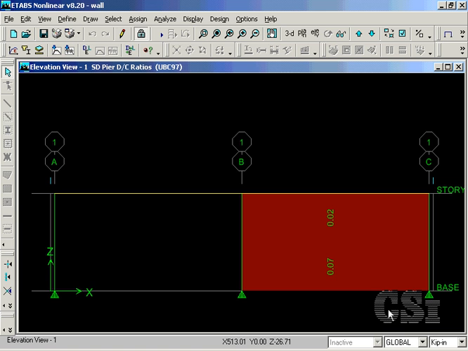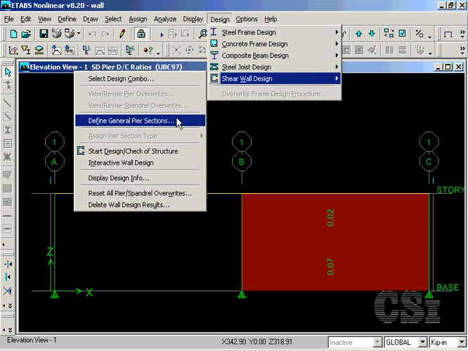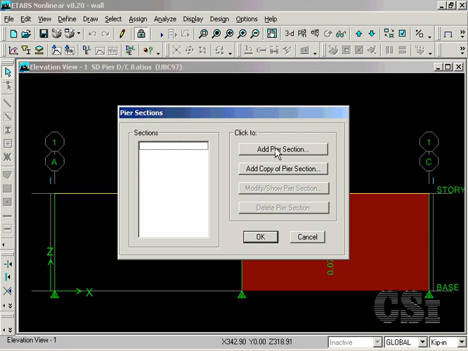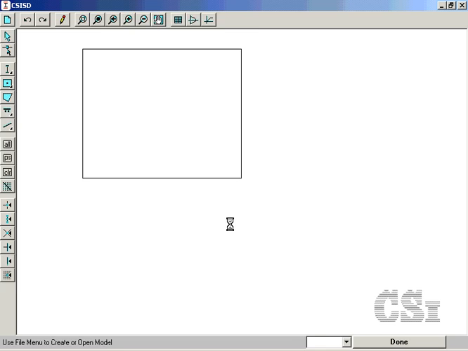Next, we will use the general reinforcing option. However, prior to assigning this type, we must define the section using Section Designer. This is done through the Define General Pier Sections command. We will add a new pier section, but we will base it on the existing P1 wall pier geometry. Click on the Section Designer button to edit or modify the section,